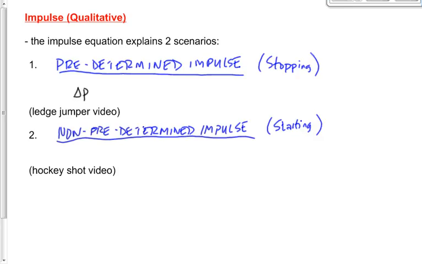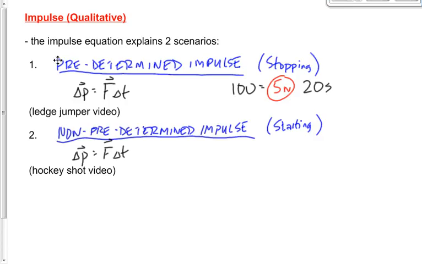The basic equation that applies in both situations is delta P is equal to F times T. That's part of the impulse equation, right? M times delta V is equal to F times delta T. In the first situation, impulse delta P is going to be the same no matter what. So let's say that impulse is 100. If that impulse is 100, and let's say the time that it takes to stop the object is 20 seconds, what's the force going to be? If the time is 20, the impulse is 100, the force is going to be 5, right? 5 newtons. 5 times 20 is 100.